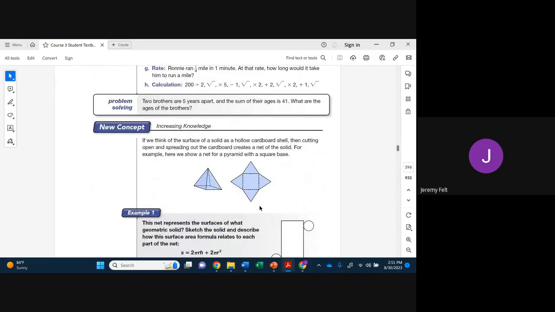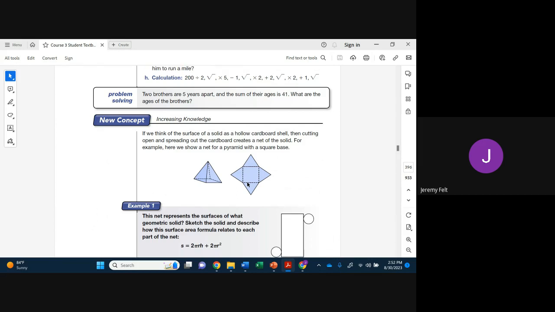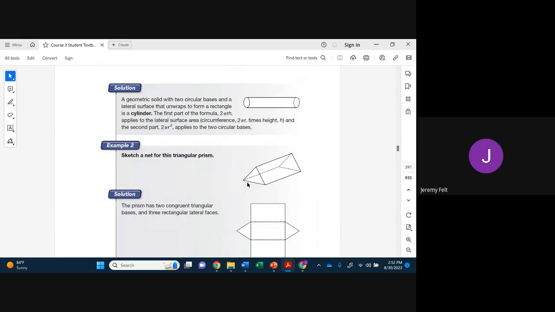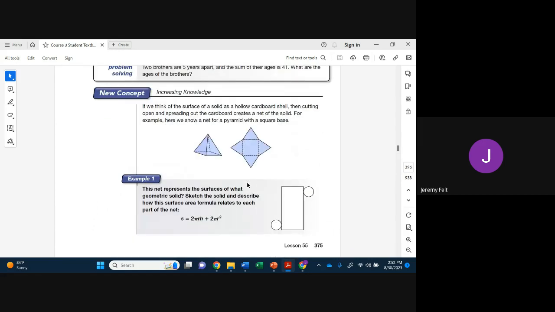But again, all a net is, we could think of a three-dimensional shape as a box, and if we laid it out flat two-dimensionally, what would it look like? And so a pyramid would look like this. We'd have 1, 2, 3, 4 triangles and a square base. So that's what the net for this pyramid would look like. It helps us when we're thinking about surface area or lateral surface area to have our nets,